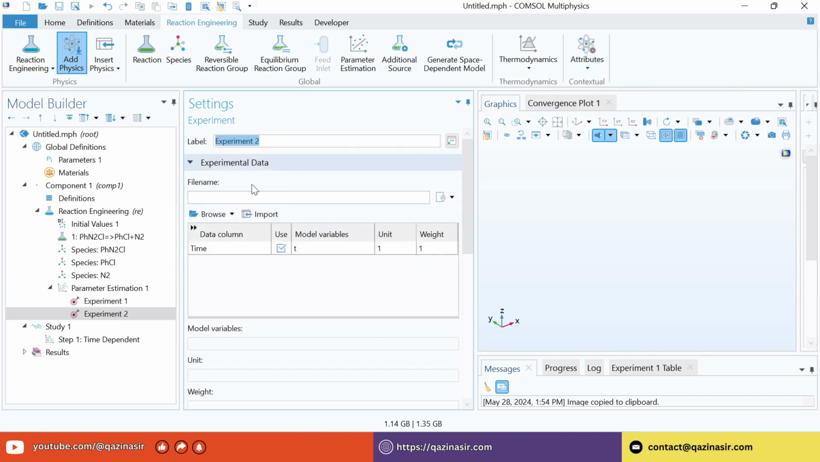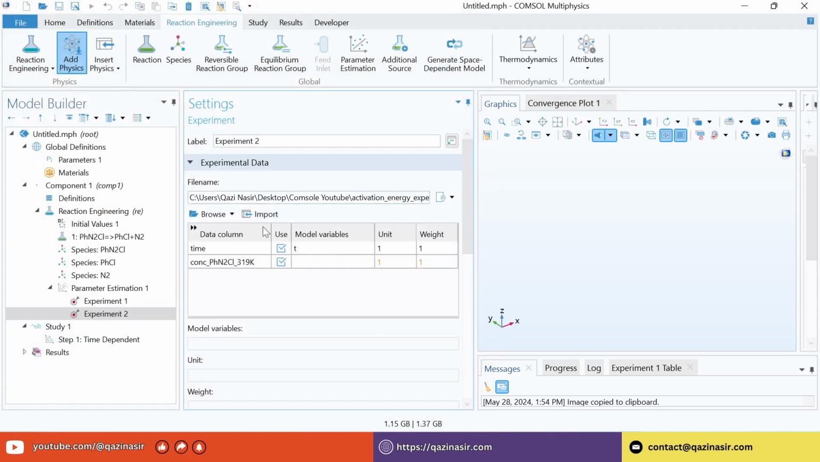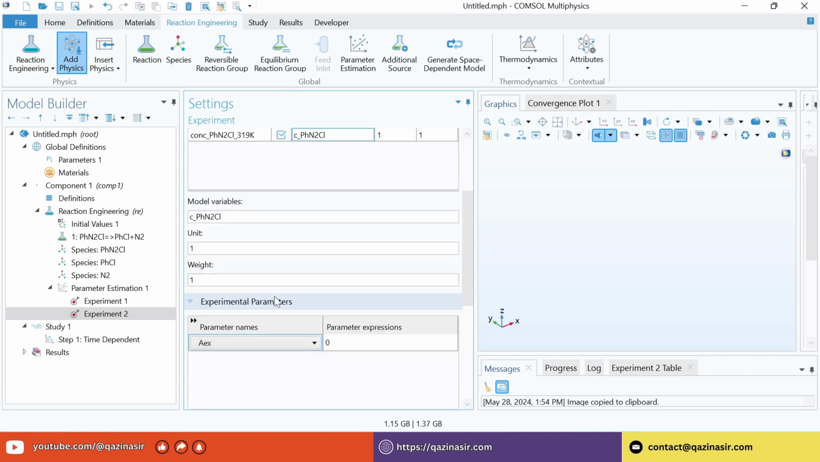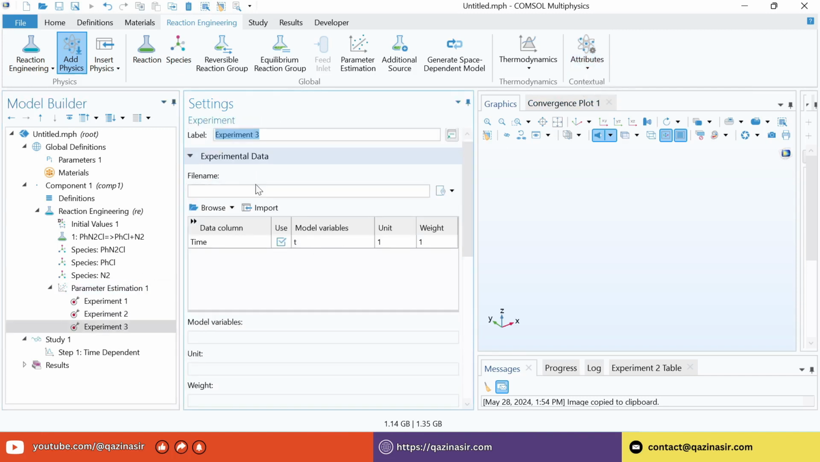Here we need to add another data. So again, for this data, we need to click on browse, click on the second file, import, and here we write the variable name. You can go down, we click on the plus icon, and the parameter that this data is on is temperature. At what temperature is this data? 319 Kelvin. Similarly, we can again click on parameter estimation,